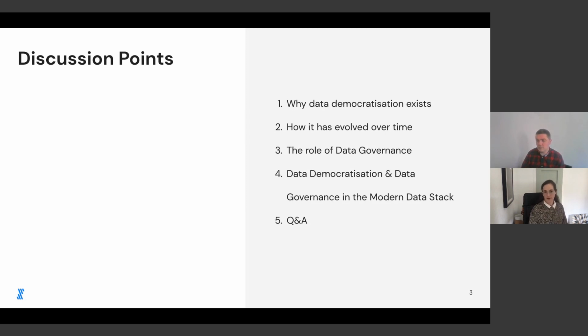But at a very high level: why data democratization exists, what is the reasoning for it, motivation behind it, the concept of it, how has it evolved over time, what role does data governance play in this, and where does data democratization and also data governance fit in the modern data stack? And then I'm looking forward to leaving quite a bit of time for Q&A or just general thoughts about the topics as well. So without further ado,